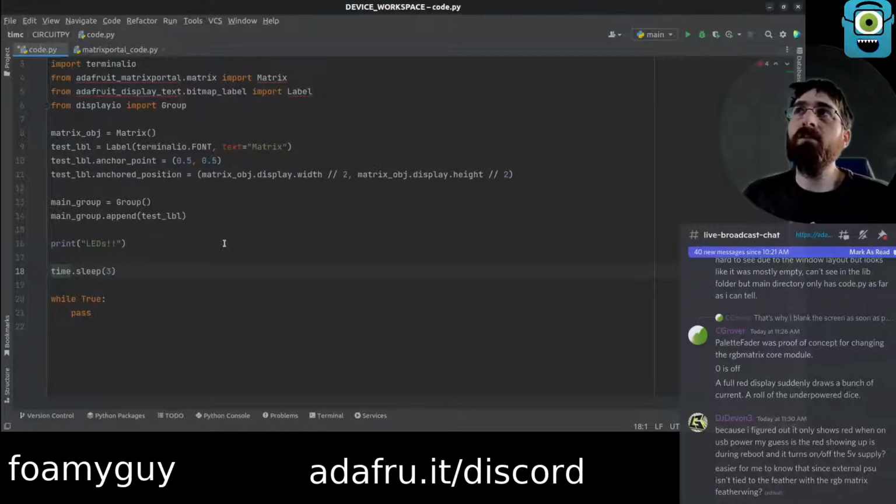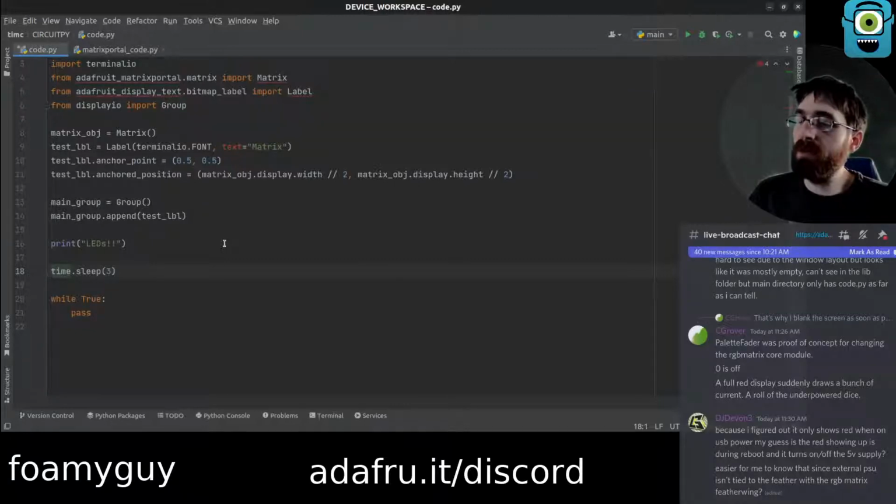I wonder if I've called set root group, I wonder if it's still going to do it. I figured it only shows red on USB power. I guess as the red is showing up during reboot and it turns off. 5 volt supply.